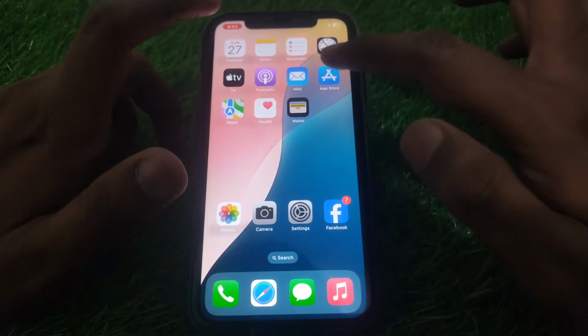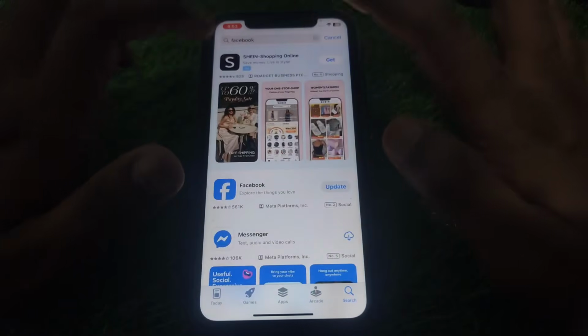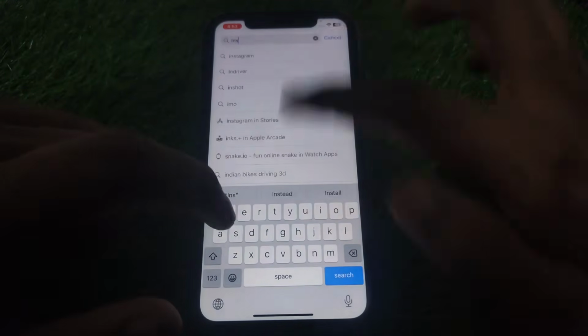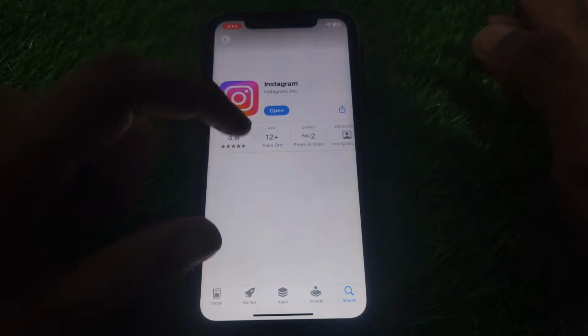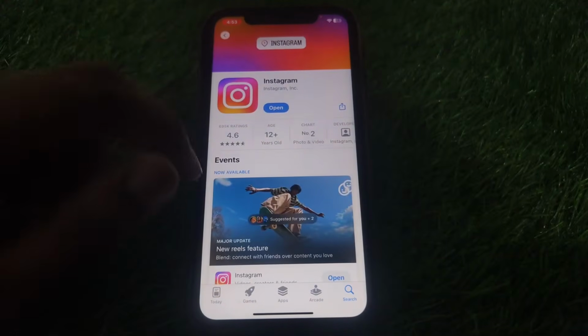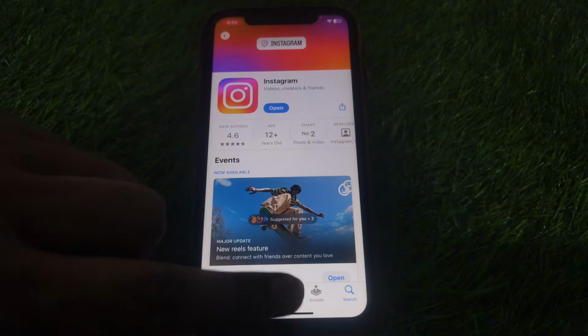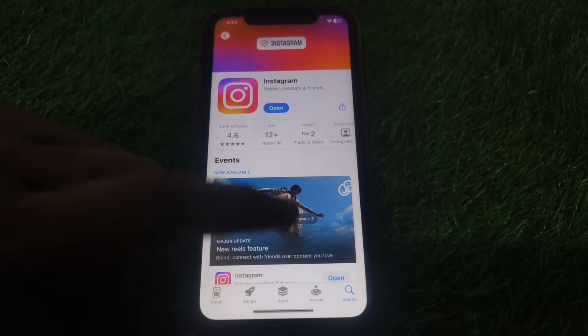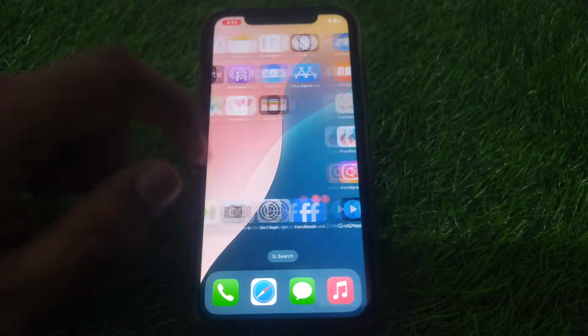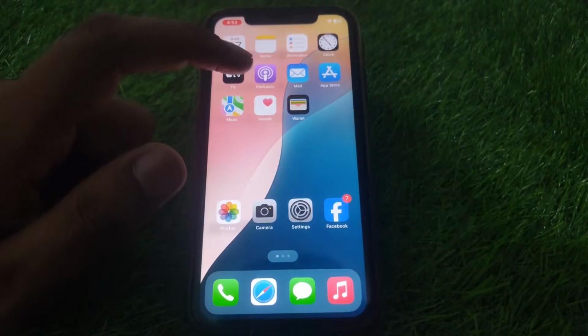Now click on App Store here. In App Store, search for the Instagram app, and make sure that you have installed the latest version of the Instagram app, because many bugs and errors are fixed by the latest version of the app. After that, simply open Instagram again, and if the problem is still there, then